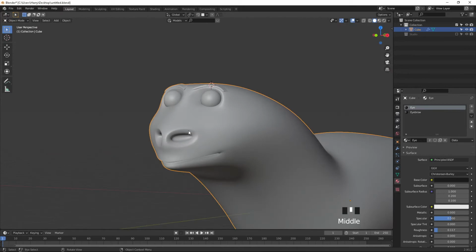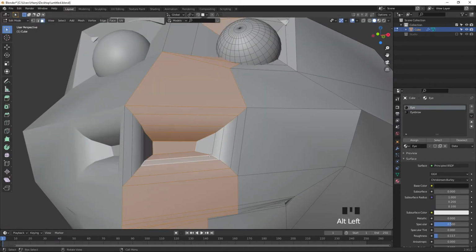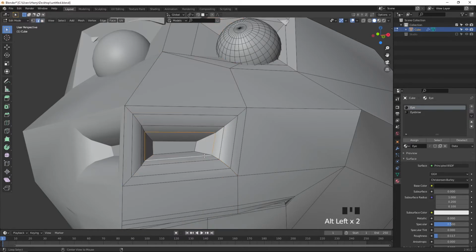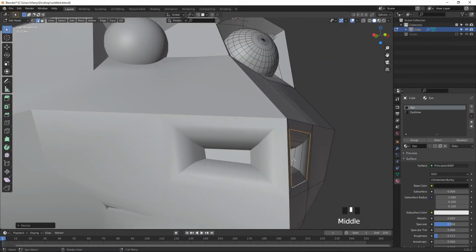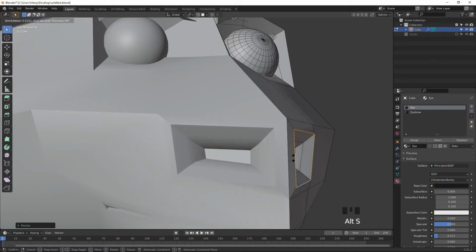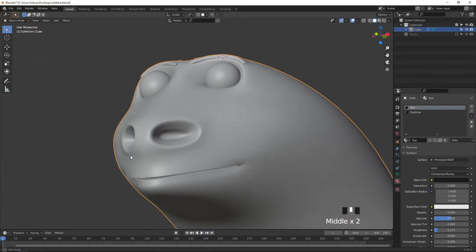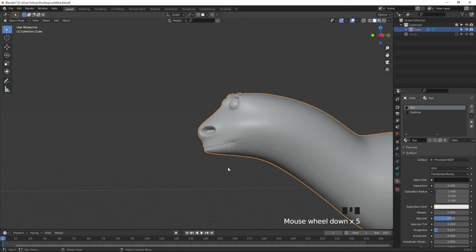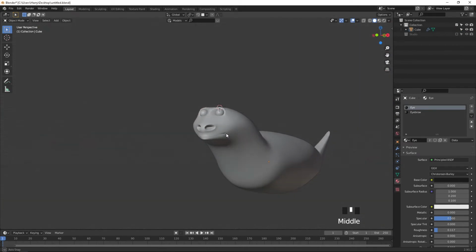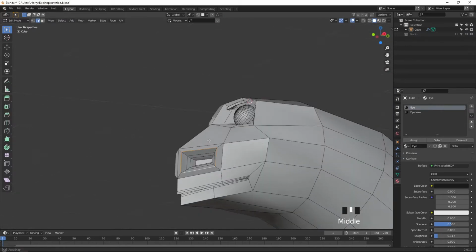Yeah, better. So I'm going to scale everything tightly down. Press 2 on the keyboard, select these edges, scale it, select this one, scale it, select this one, scale it, and Alt S and move it outside. Okay, now yeah, now it's better. For this character the nose is big. Fine.